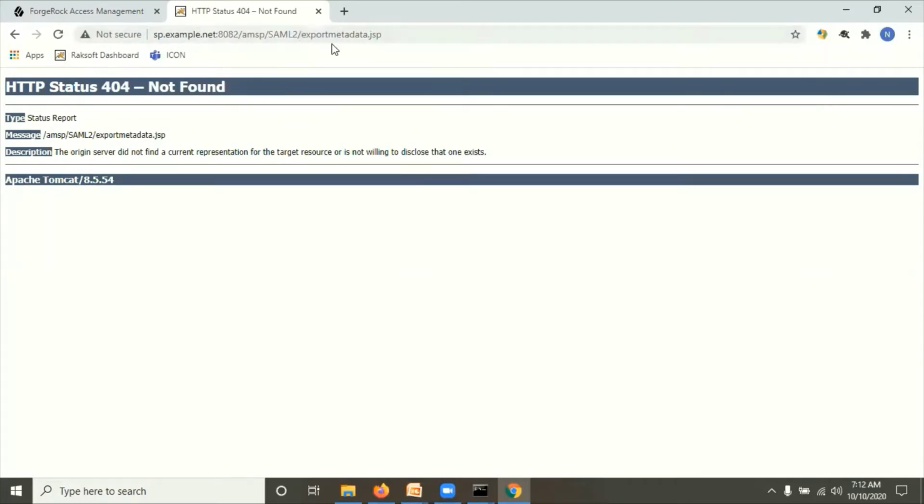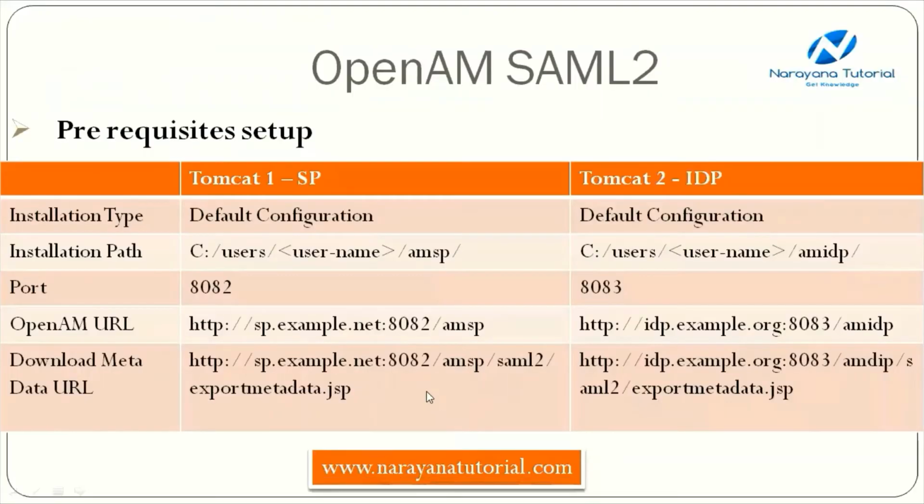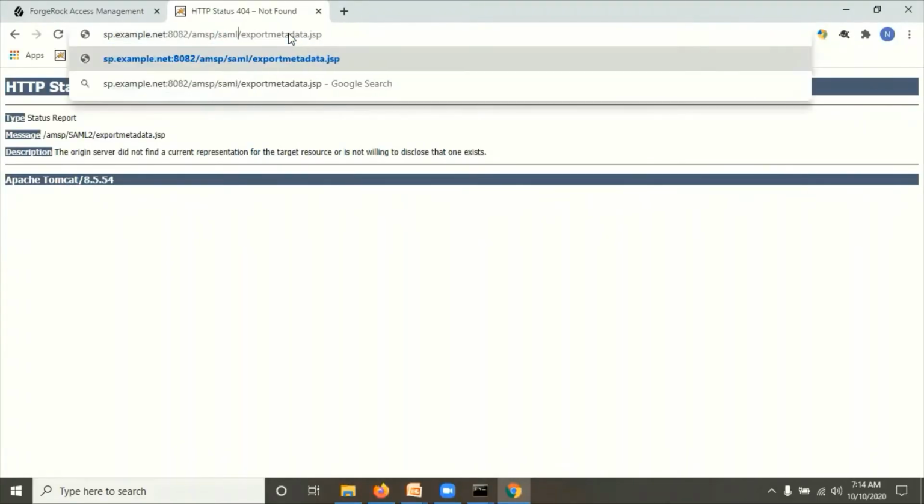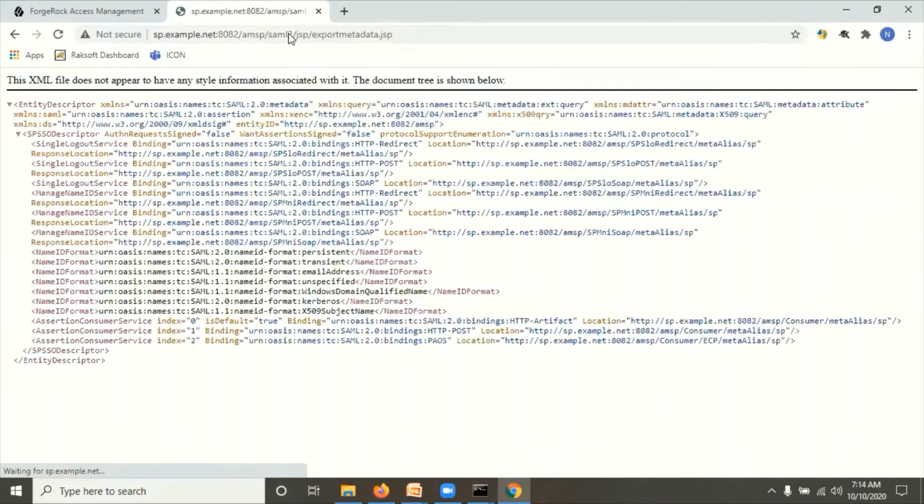SAML2 export metadata.jsp. Let me check again. Yeah, the URL is wrong. Here you can see SAML2 is in small letters, so we have to use small letters. SAML2 JSP. So here you can see the service provider metadata.